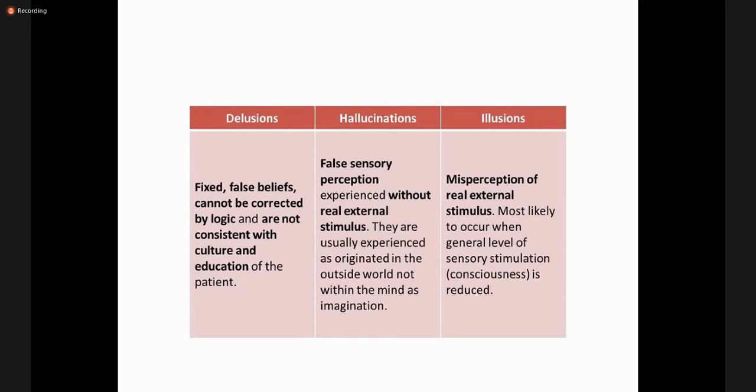Delusions can be paranoid type. Like I just told you, someone is trying to kill me, someone is trying to poison me, and so on, harm me in some way. Then, like we spoke about delusions in mania, delusions of grandiosity, when the person believes they are someone important or have some higher form of power, they can do anything in the world. There can be delusions of infidelity, that their spouse or their partner is cheating on them. So these are some sort of delusions.